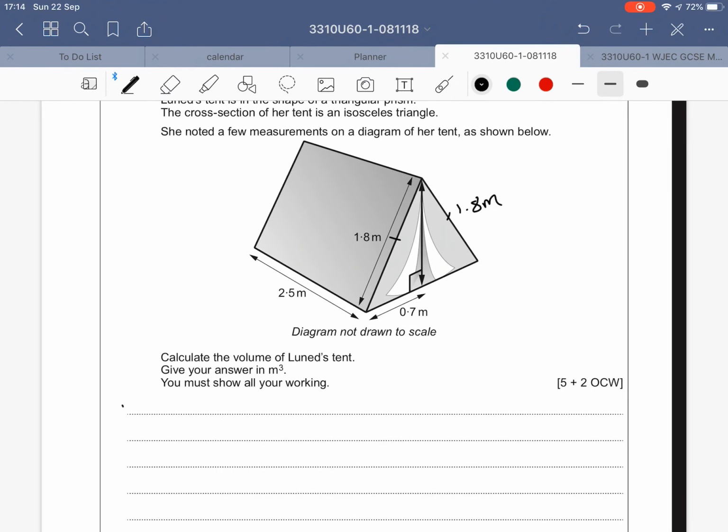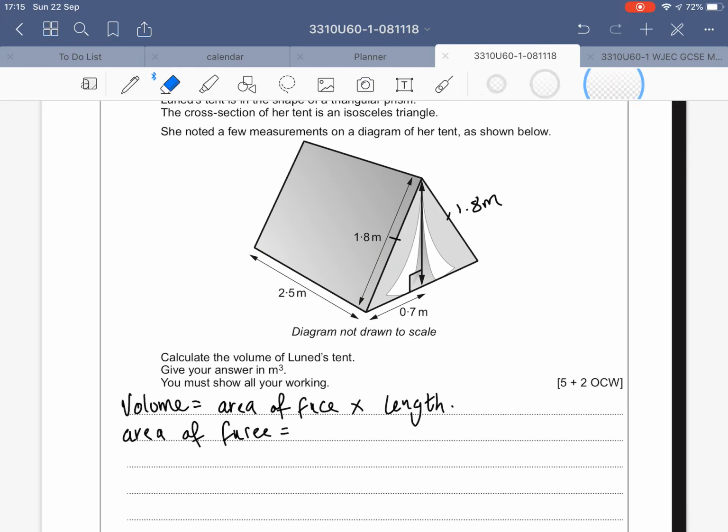To calculate the volume of a prism, it's on the front in your formula booklet. It is the area of the cross section, or the area of the face, times your length, so in this case, 2.5. So to work out my area of this face,